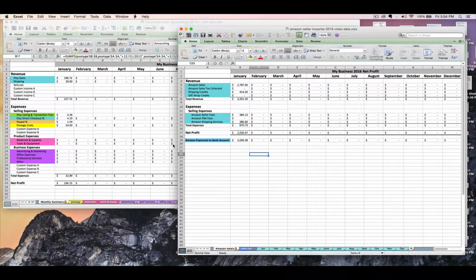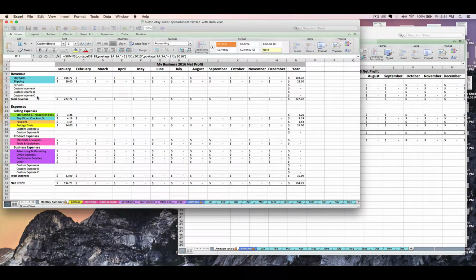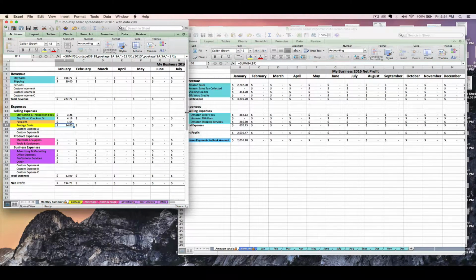The first thing you'll want to do is figure out where on your main seller spreadsheet you want to add these newly totaled numbers. Now you might want to add all of these rows one by one in your seller spreadsheet, or you might just want to total up everything and enter it in one row on your seller spreadsheet. I'll walk you through how to do both. So let's say you want to give each of these their own row over on your seller spreadsheet. You can do that